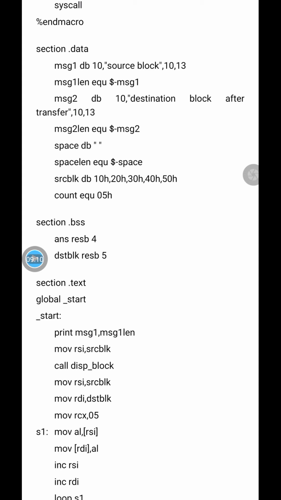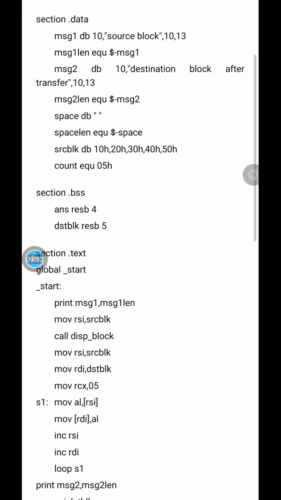For this message we declare message 1 length EQU $ - message 1. We know that for every message we have to declare its length. And this is message 2, where we declare the string that the destination block contains after transfer, and message 2 length EQU $ - message 2.